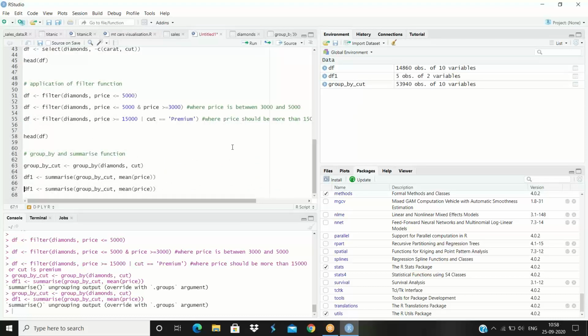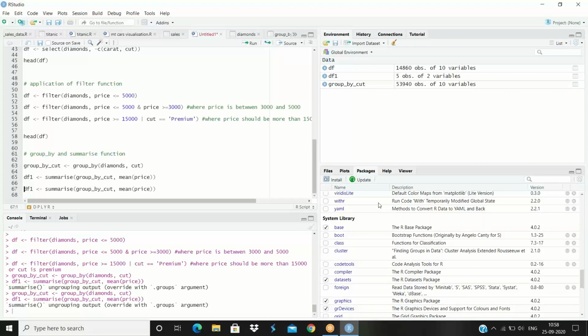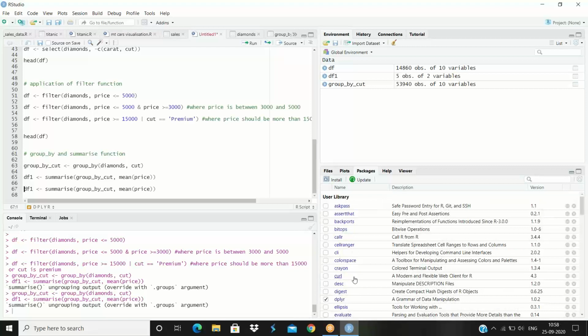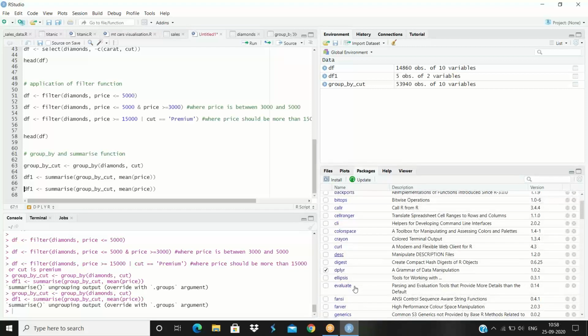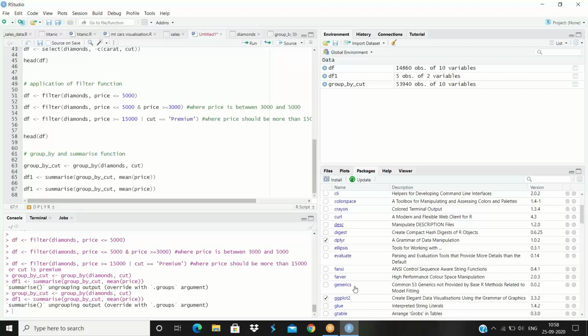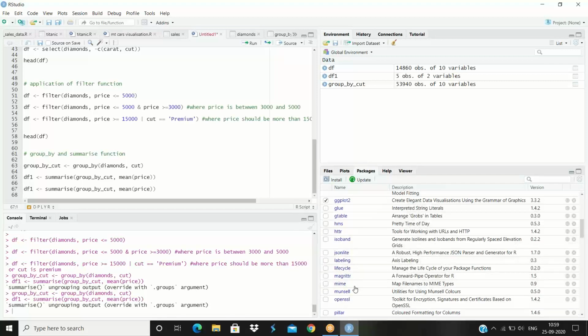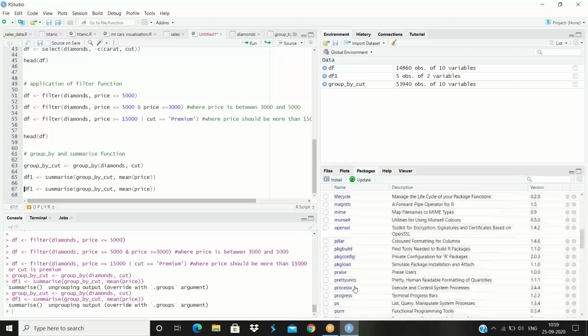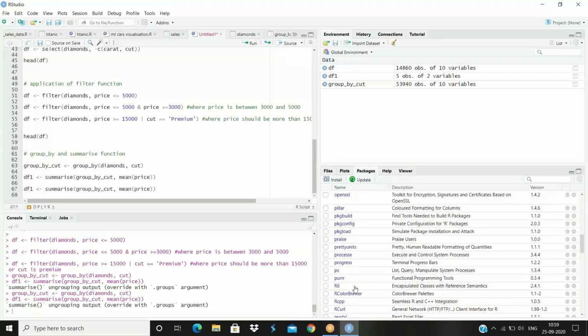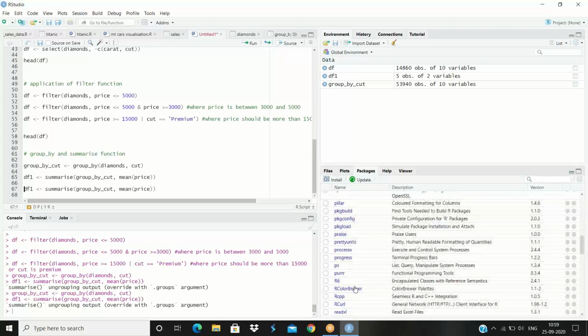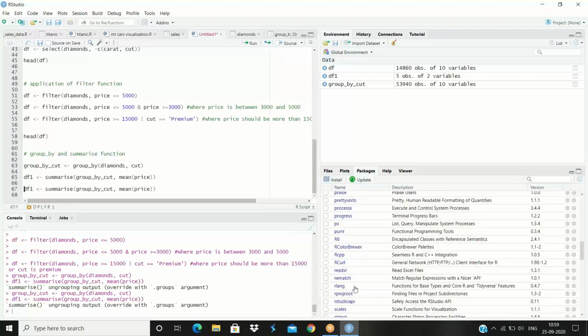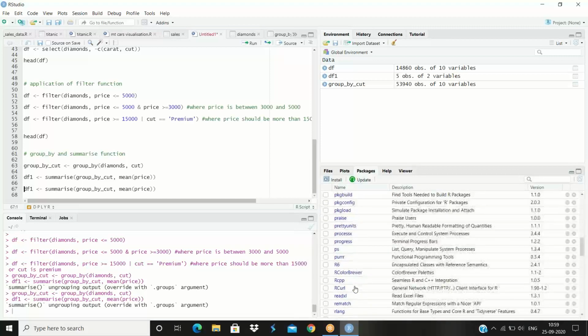There is no plyr in the library, sir. Dplyr is certainly there, but is there a plyr package in this list? No, sir. Scroll further.